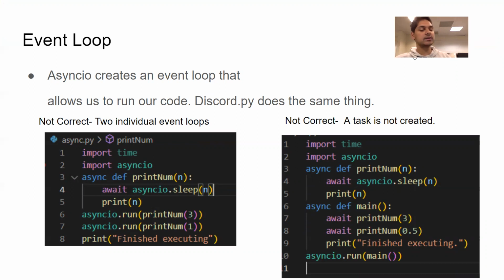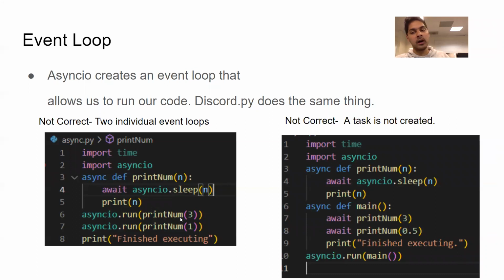We have async def print num, and we're gonna use asyncio.sleep, which asynchronously puts something to sleep. time.sleep puts the whole program to sleep, but asyncio.sleep puts just the task to sleep. So we can still perform other things, and only the task is put to sleep for n number of seconds. So we're gonna create an event loop right here on line 6, asyncio.run print num 3.